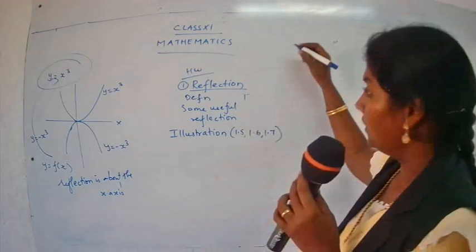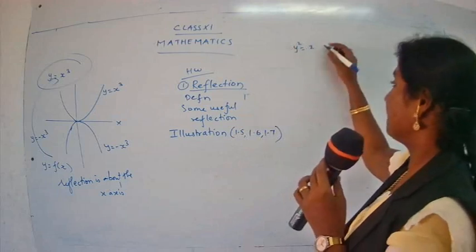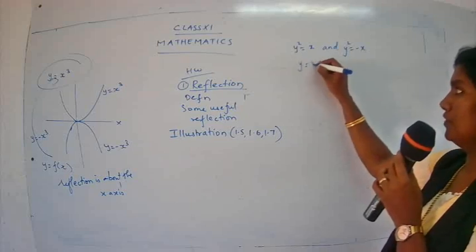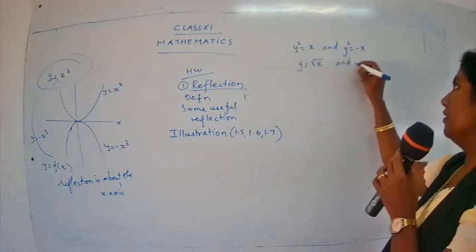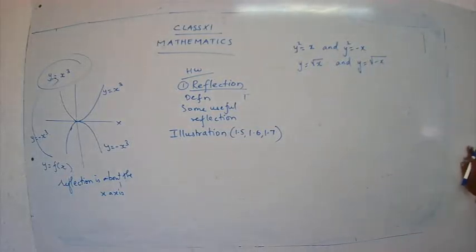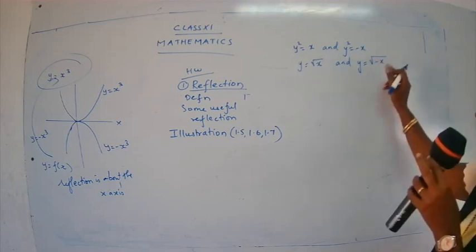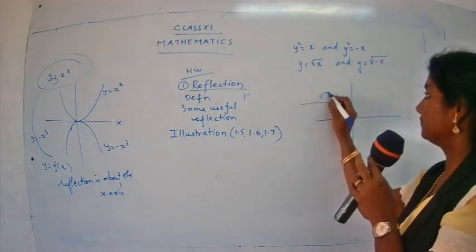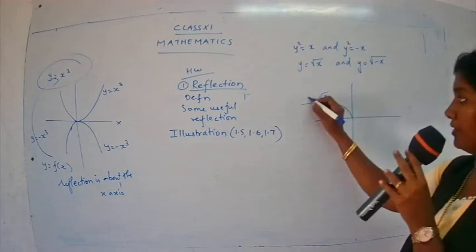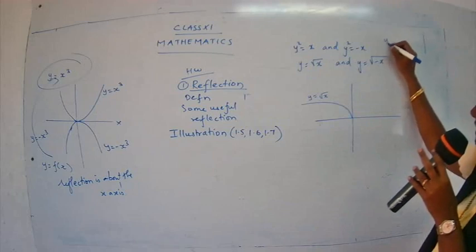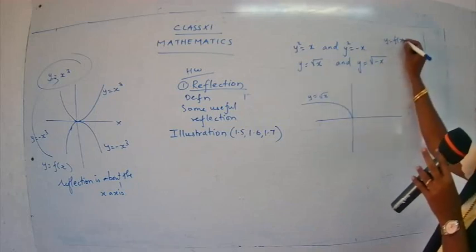They have given you a graph for y square is equal to x and y square is equal to minus x. So what is y here? y is equal to root of x and y is equal to root of minus x. So how is the graph going? See, y is equal to root x is here. They have plotted here y is equal to root x. Now how is the function? The function is like this, y is equal to root x, which means this is the function f of x.